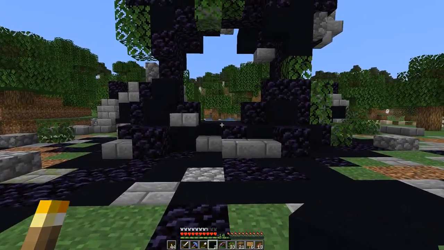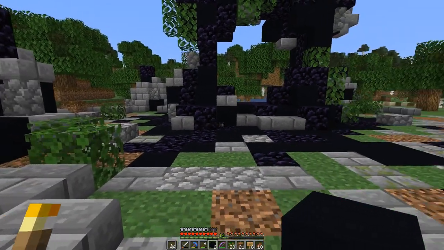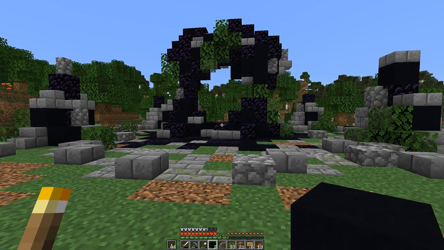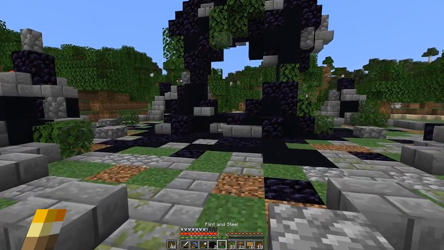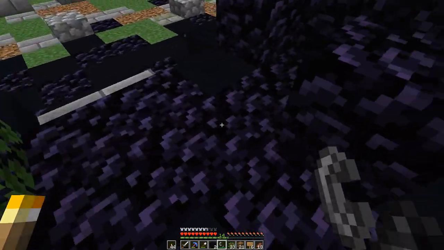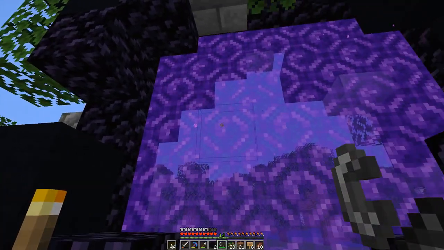So I'm working on it. Don't worry, it's all there. I'm working for you guys. It's fine. Okay, so this is pretty much done. I don't know if there's anything else left to do except, where is it? To light it. Oh yes, I really hope this actually works. I don't think I've obstructed the actual portal blocks in any way, so hopefully...